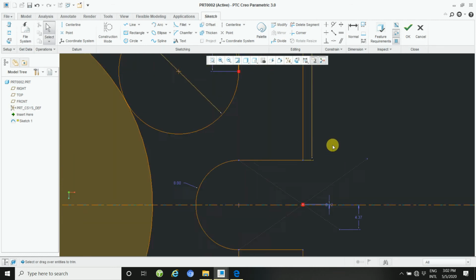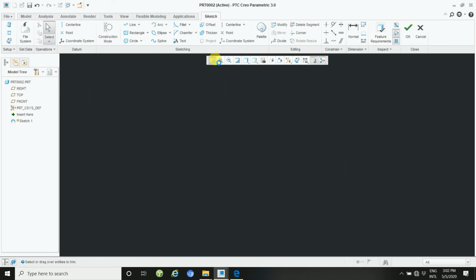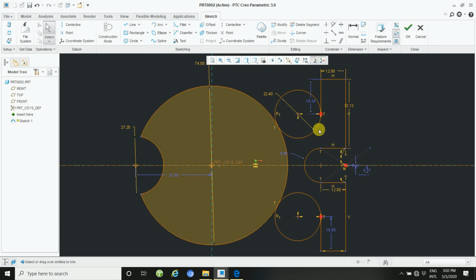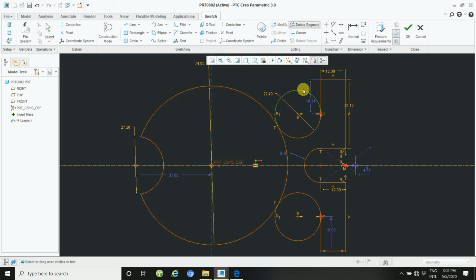Then trim here. Then apply here trim. Then trim, then apply here inside, then here.